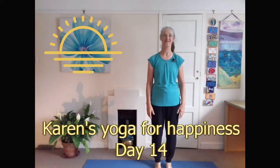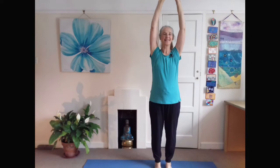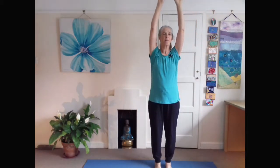Go carefully where you need to. We'll start standing and moving to the breath. An inhalation, lifting the arms, and an exhalation, lowering the arms. Wonderful. Keep going in your own time, allowing the breath to deepen and smooth,